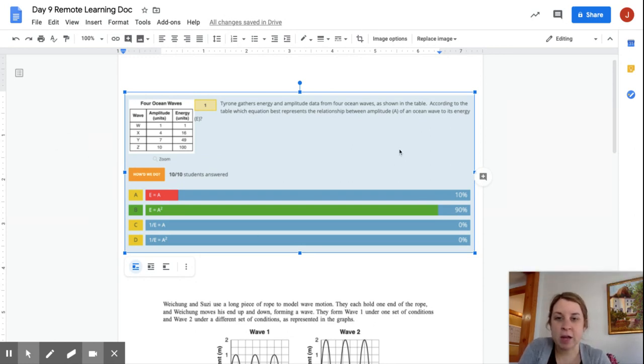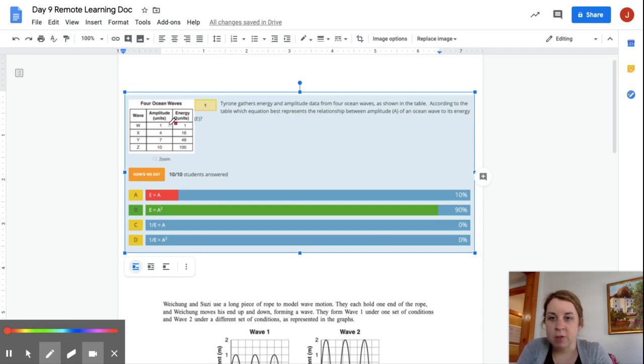It says Tyrone gathers energy and amplitude data from 4 ocean waves, as shown in the table. According to the table, which equation best represents the relationship between amplitude of an ocean wave and its energy? That was something we talked about with the Gizmo too, so I just want to reinforce this. Okay, so if we look at this table and we start looking at this data,